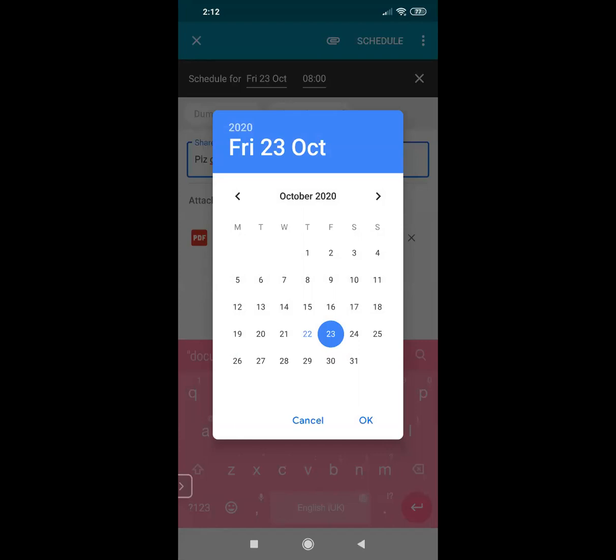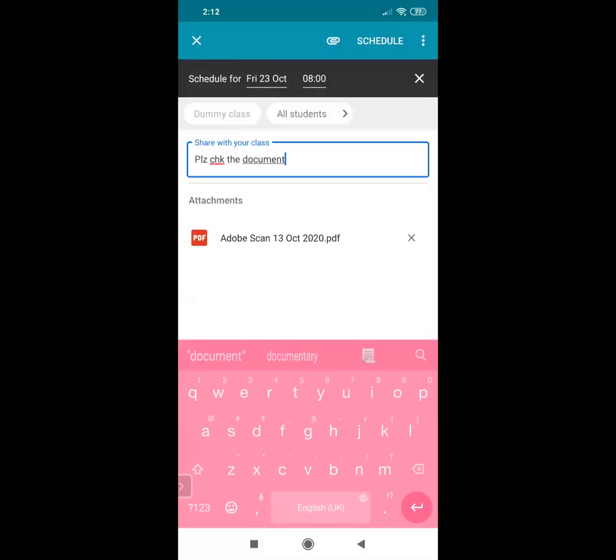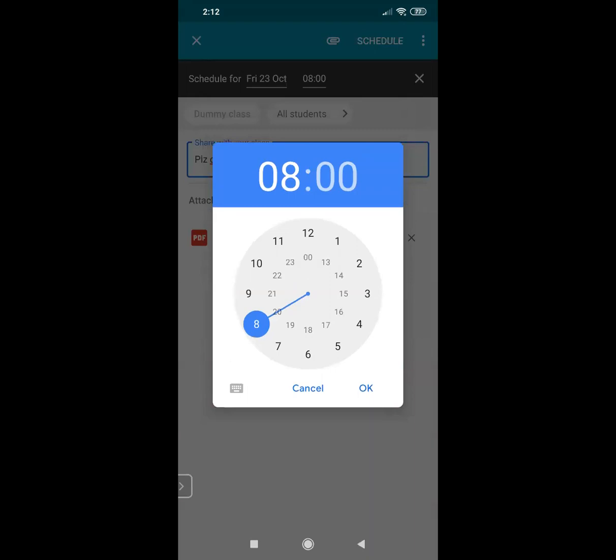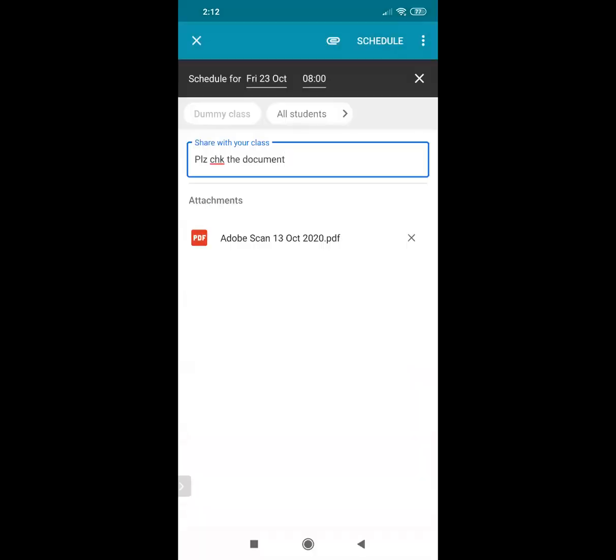Before that, it will not be shared. Sometimes you want that just before the PTM or after the PTM the file should be shared, or after a particular date. So I can do that. I can even check out the time too, what time on that day you want the file to be shared.